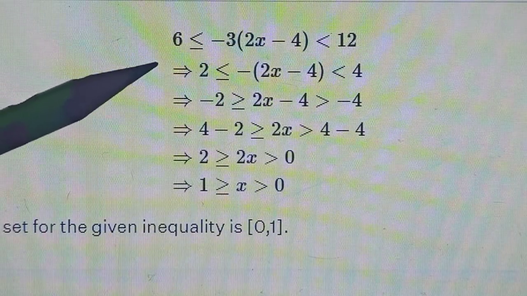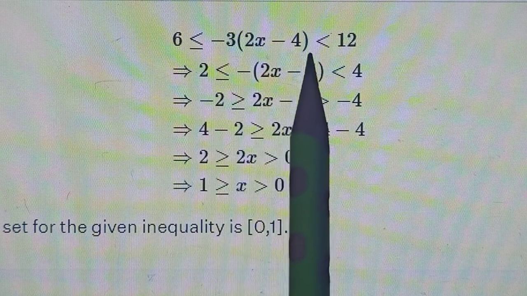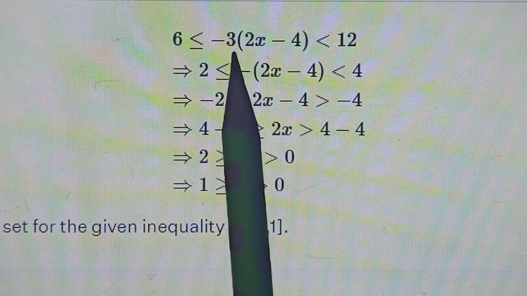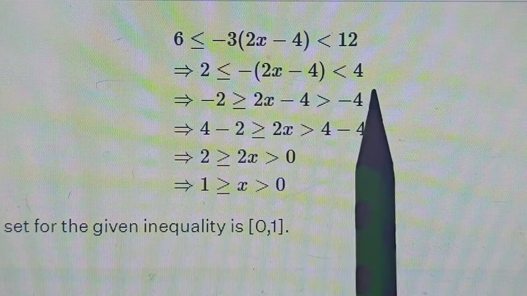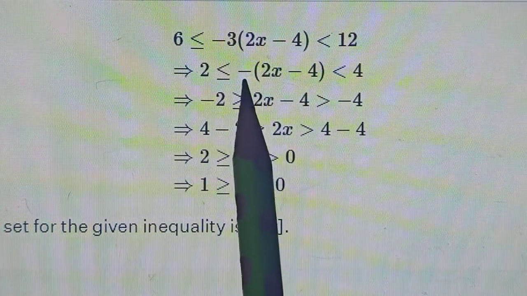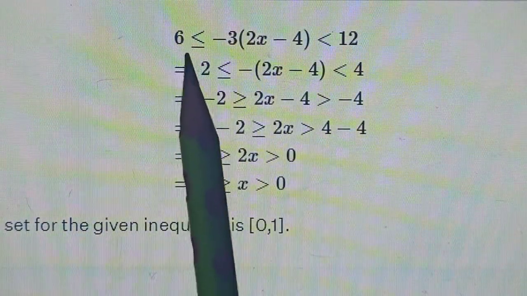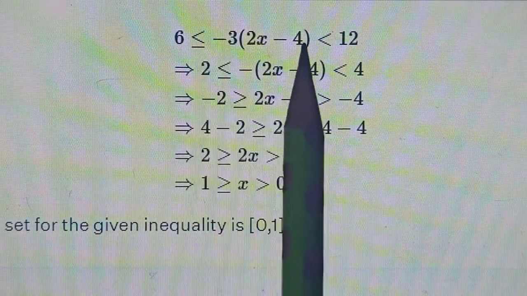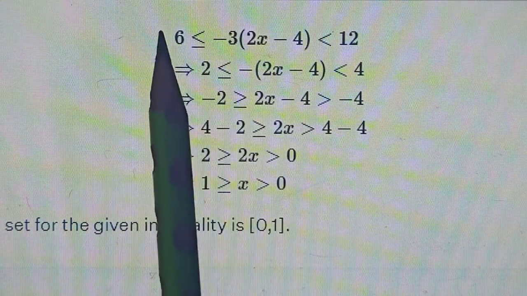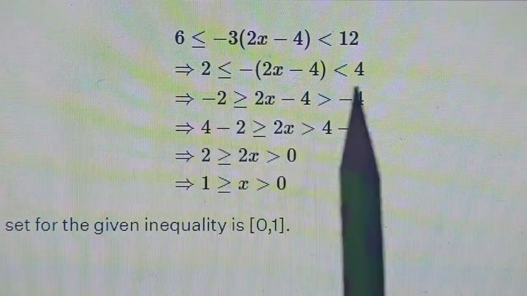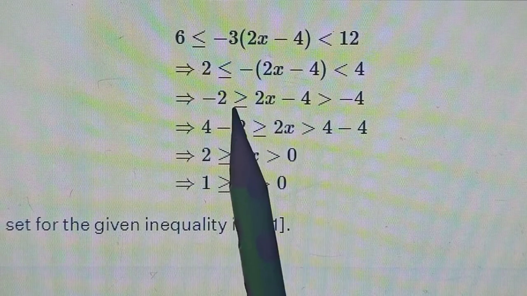Next is this. So again, if I have to find x from here, it means again I need to remove all that is multiplied or added to x here. So the first thing we'll do is divide by -3. Okay, it's up to you. This has been done stepwise, first by 3 and then the negative sign has been removed. You can do it in one go only. Dividing throughout by -3. So एक तो आप माइनस से कर रहे हो तो sign of inequality reverse हो जाएगा. This was smaller than or equal to, it will become greater than, and 6 upon -3 will give you -2. 12 upon -3 will give you -4. Sign of inequality यहाँ पे reverse हो गया.